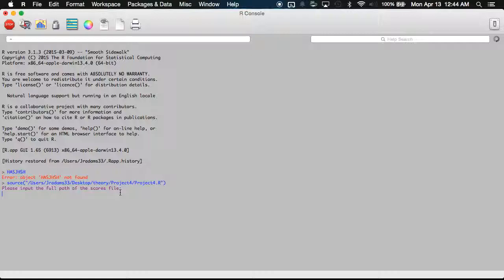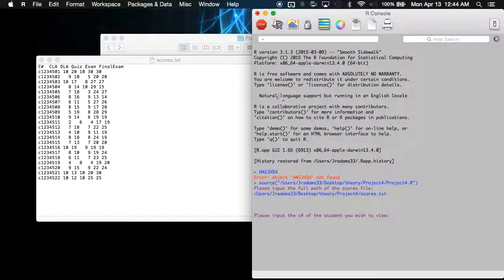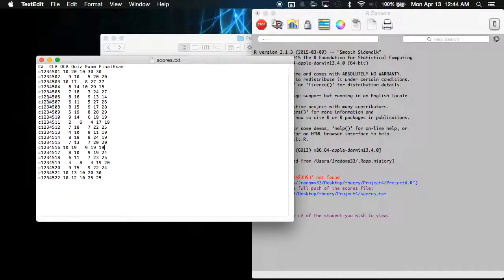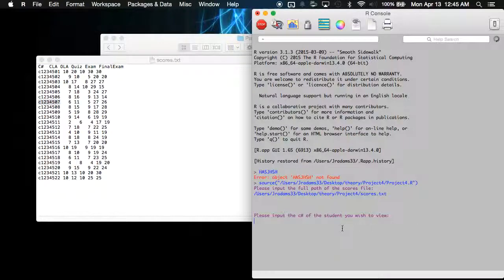So it's going to ask for the full path here of wherever the scores file is, and I think I've got that all the way up here. Yep. Okay. So for me, it was this. It was in the same folder, but whatever, you'll just put wherever it is. Hit enter, and it asks for the C number of the student you wish to view. Okay. Let's use this thing because I don't remember them. So we input 1,